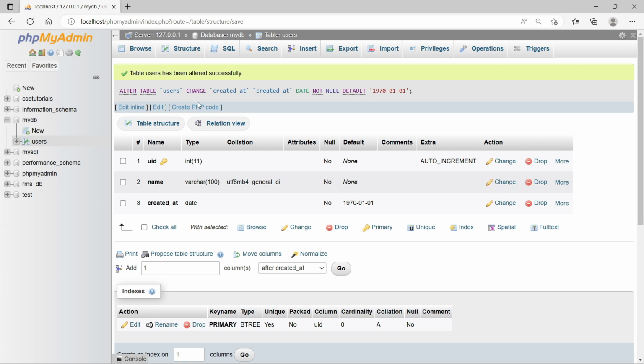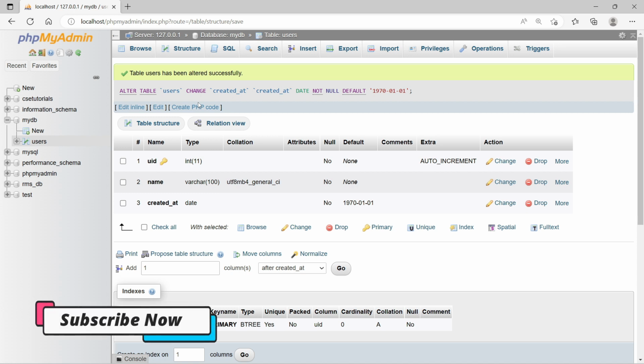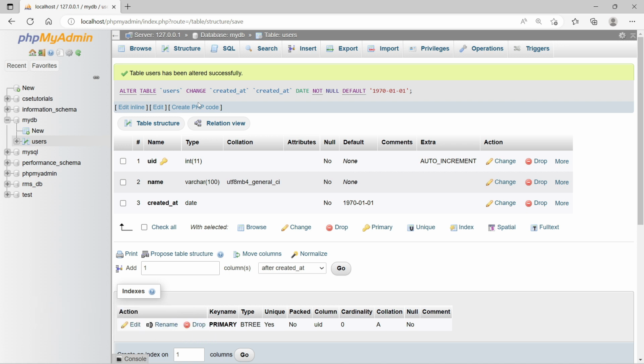So the main cause of the error is that you cannot provide zero values with the default keyword. It means you cannot provide the default value as zero values. You have to provide some valid value for it. You cannot provide simply 0, 0, 0. So this is the solution, and the alternative solution is that you can remove those restrictions.